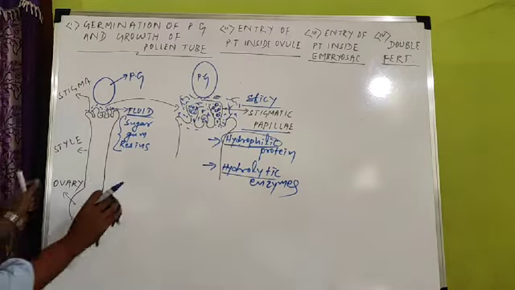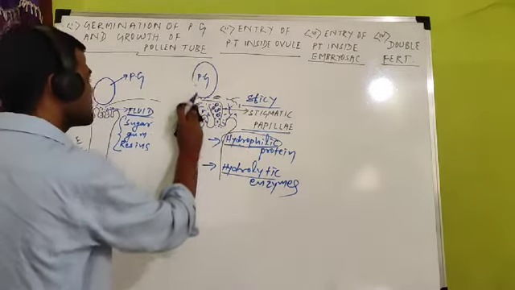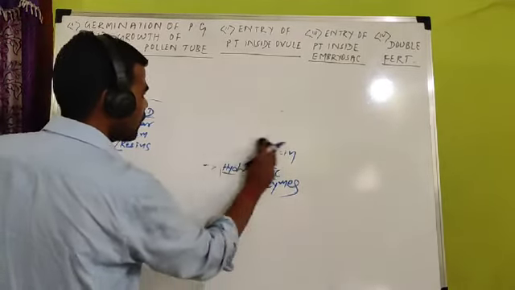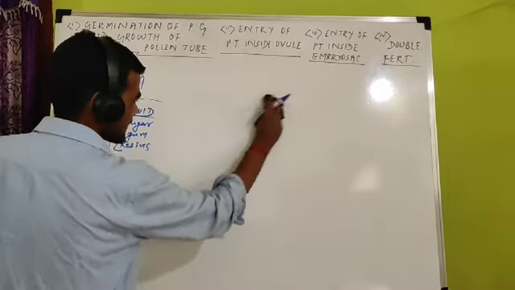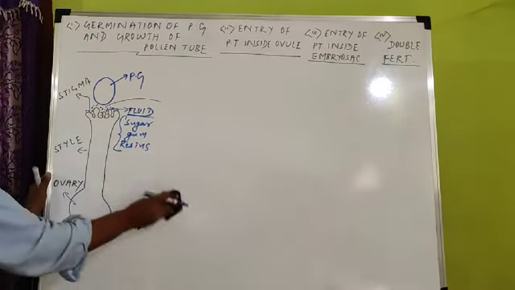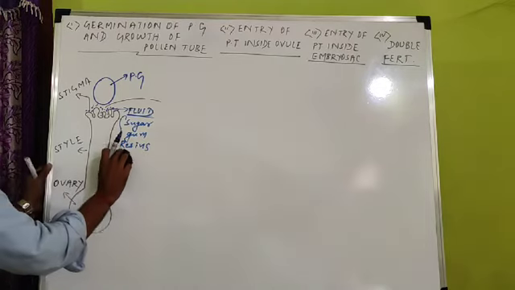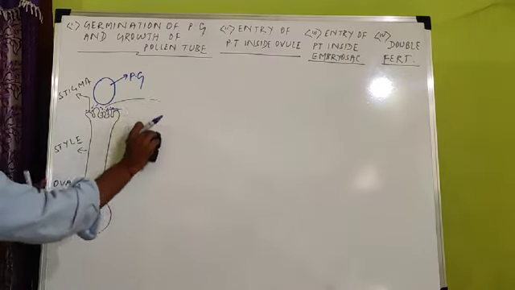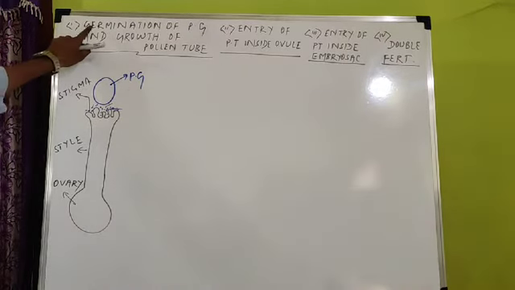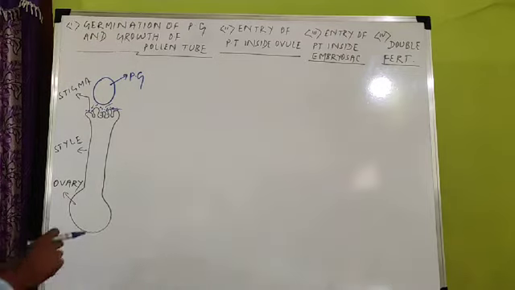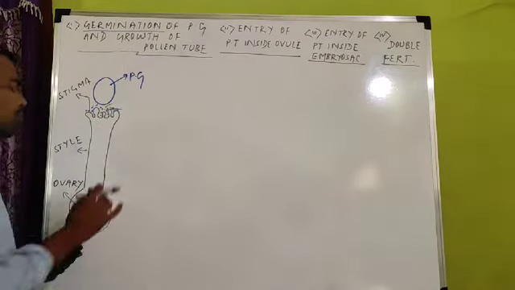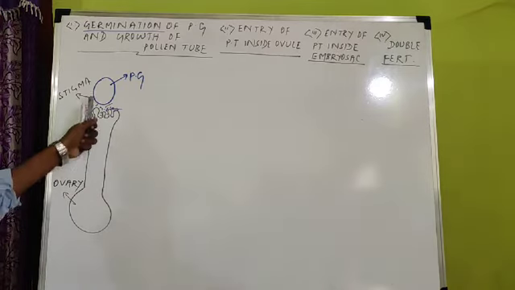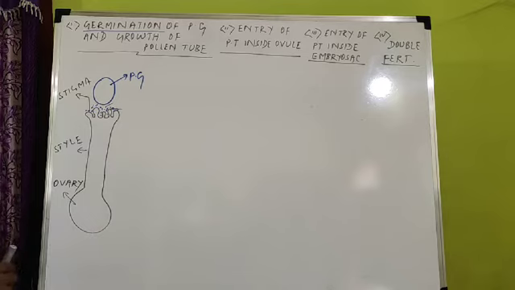So this is all about your stigmatic papillae, and how stigmatic papillae help in attachment of pollen grain. But the important thing is how double fertilization takes place. How does fertilization take place? Here, after reaching the stigma, the pollen grain shows germination. There is germination of pollen grain. So that's why I have written germination of pollen grain. What is germination? Germination means some structures will come out from the pollen grain. There is a formation of some structure from the pollen grain, and for that you have to know about the